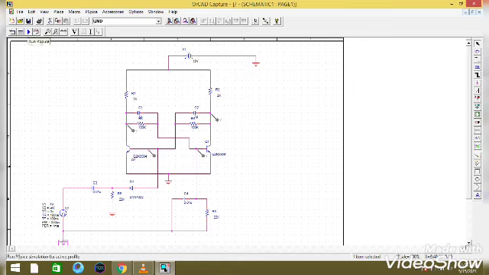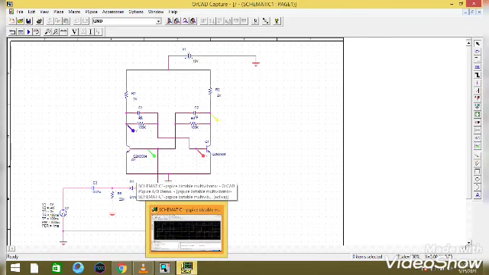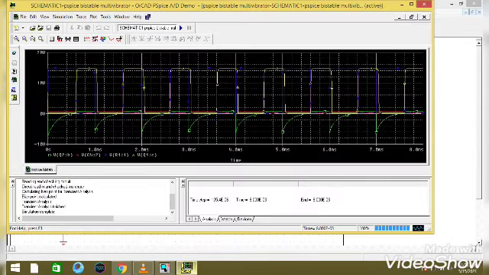Now you can see the play button, run PSpice. Click on it. By clicking on it, a window appears which is the output window. Now you can see all the 4 outputs in the single plot. If you want to see the plots separately,